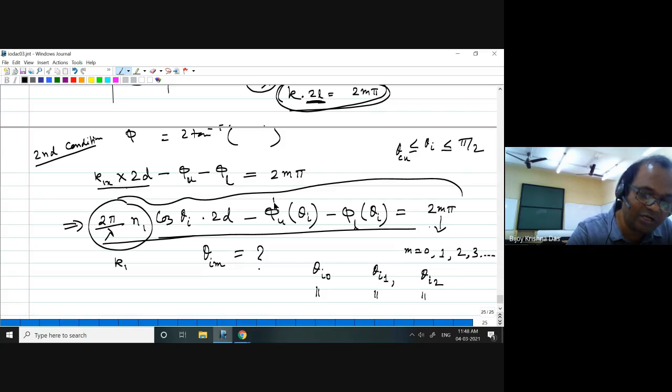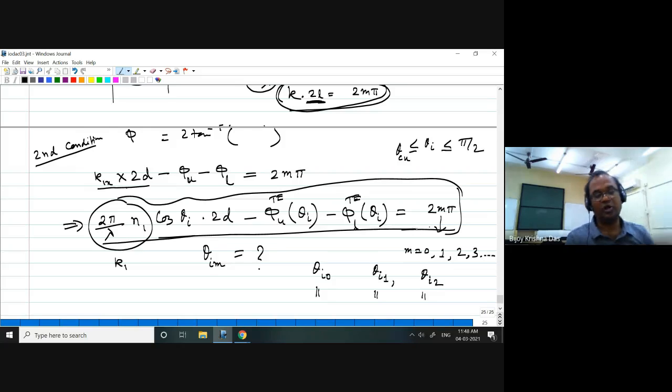Whenever you are considering only TE polarization, you have to consider the phase relationship coming out of only TE. Here also you have to consider TE. And if you want to get a solution for TM, then you have to use the expression for the TM phase. As I said, in the normal homogeneous isotropic case, N1 will not be changed. But upon total internal reflection, TE and TM will give you different phase. So in that case, you will get different solutions. TE and TM will give you two different types of solution.